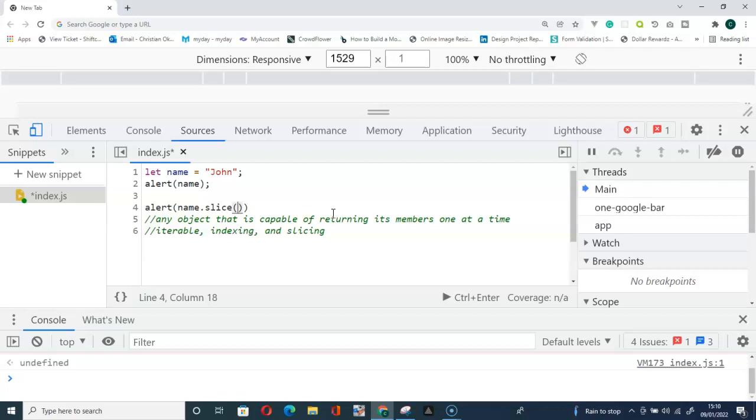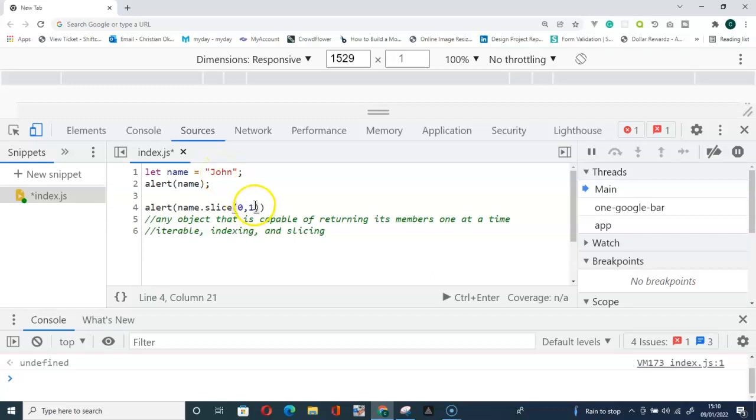because that is what indexing means, referring to an element of an iterable by its position within the iterable. So the position of J within this iterable John is what? 0. It takes the numerical value 0. So we have 0, then comma, then 0 is the starting point. Then the ending point will be, because we want to get only J, the next, which is O, and O has a numerical value 1. So from 0 all the way to 1,